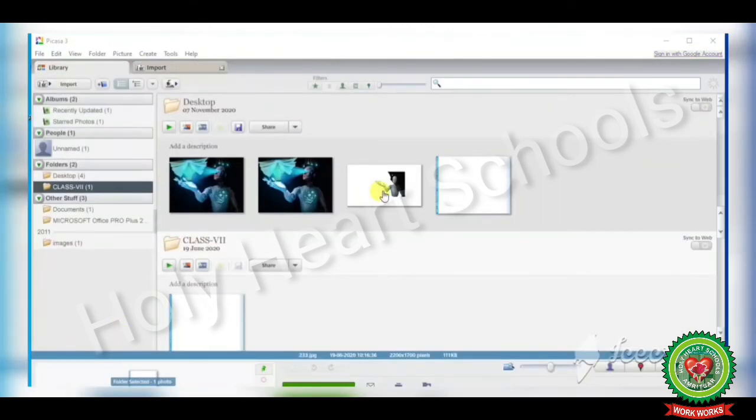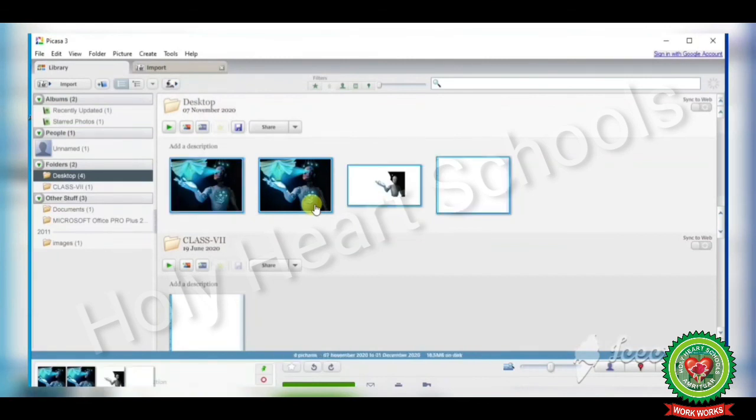Students, when you open Picasa, you will get a number of photographs in front of you. You can select all the photos by pressing the Ctrl+A key. You can see all the photos are selected by using the Ctrl+A key. Next, to deselect them, press the Ctrl+D key.